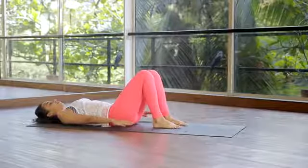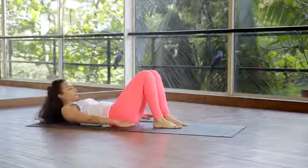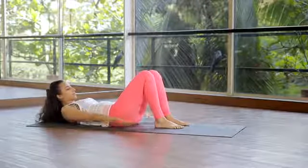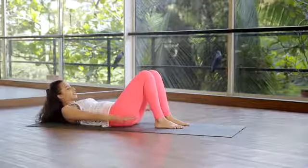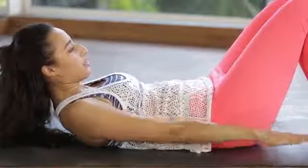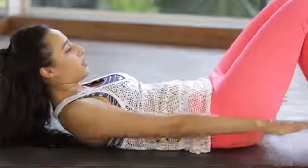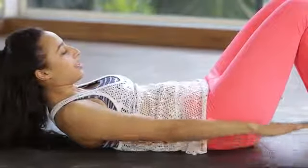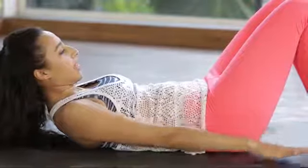Inhale to prepare. Exhale up. And inhale to pulse. And exhale 2, 3, 4, 10. In 2, 3, 4, 5. And exhale 2, 3, 4, 20, in, 2, 3, 4, 5, and exhale, 2, 3, 4, 30, in, 2, 3, 4, 5, and exhale, 2,